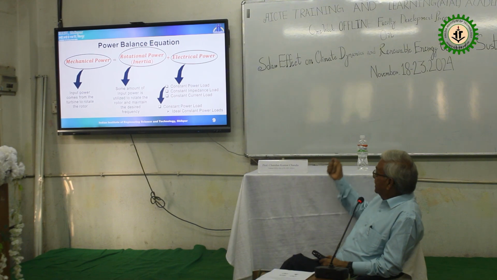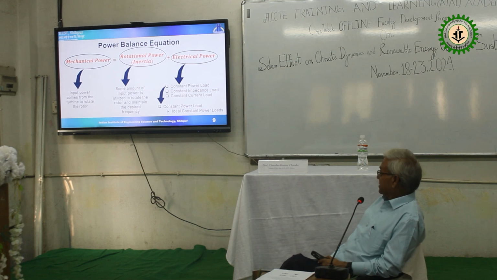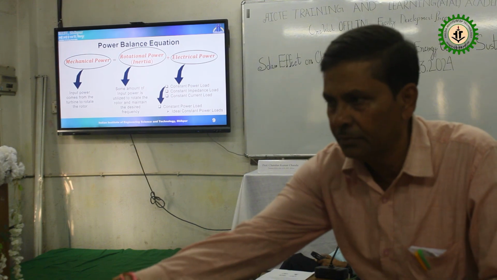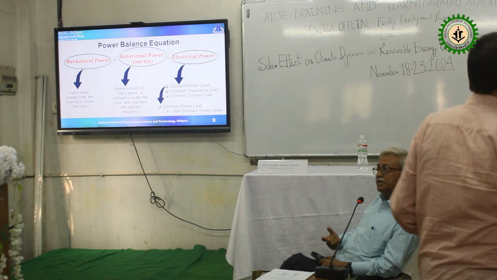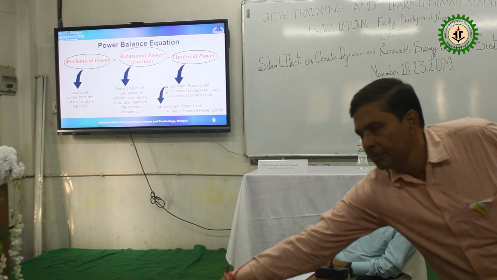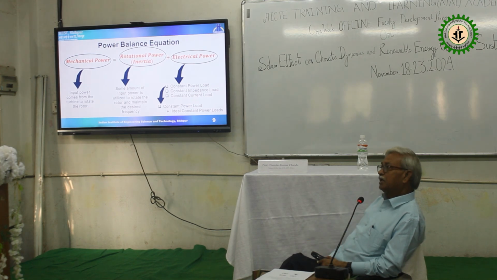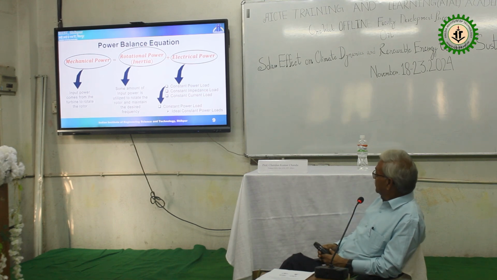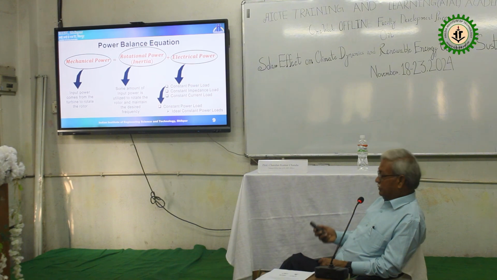And then the electric power. Electric power we can classify into constant power load, constant impedance load, and constant current load. For simplicity's sake, I have considered constant power load, I mean the induction motor, because most of the load in industry and among commercial consumers is induction-type motor, easy to design and very simple in maintenance. Most of the load, residential as well as commercial and industrial, is induction-type constant power load. I have considered the ideal constant power load.